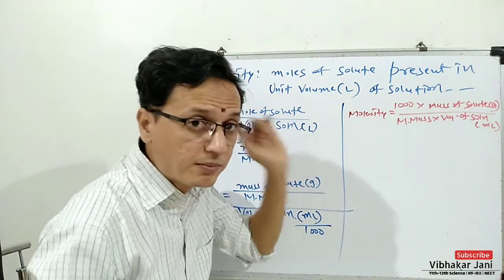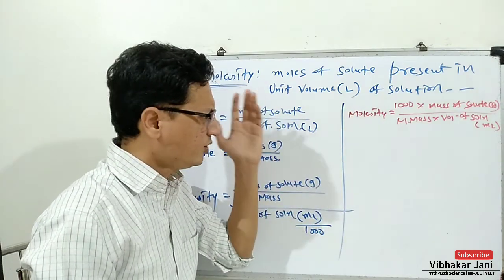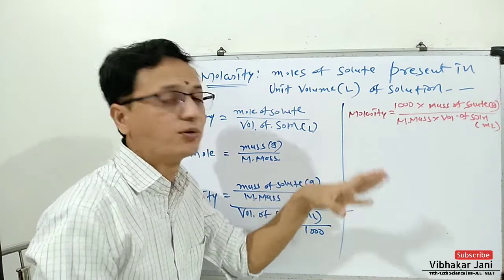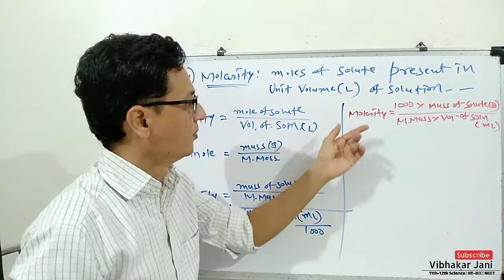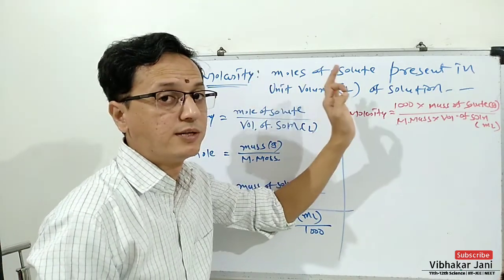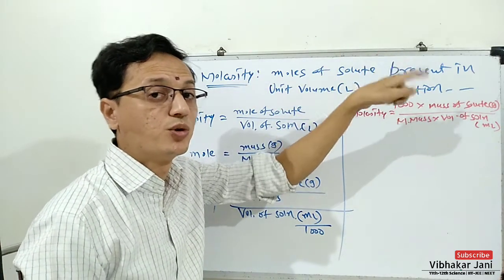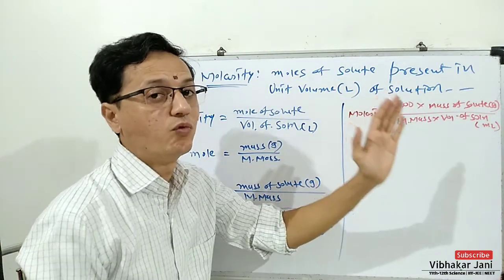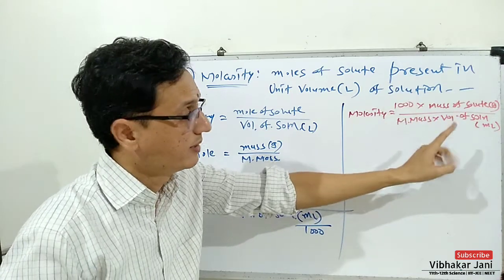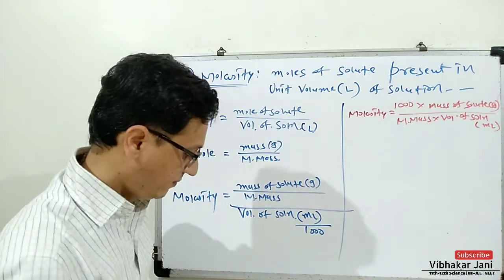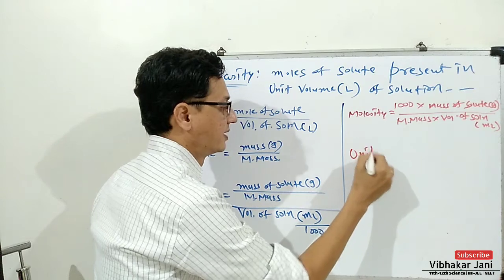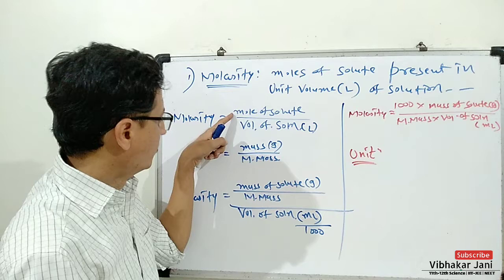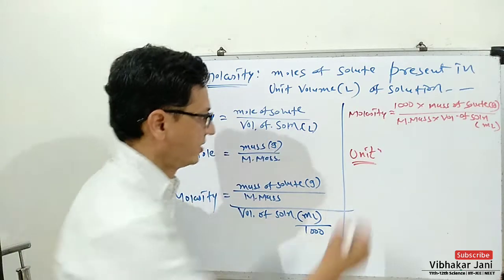So you have to remember this formula. You can easily remember this formula because we are going to use this formula many a times. Molarity is equal to 1000 multiplied by mass of solute in gram divided by molecular mass multiplied by volume of solution in milliliter. And if we write the unit of molarity, then it will be mole per liter,